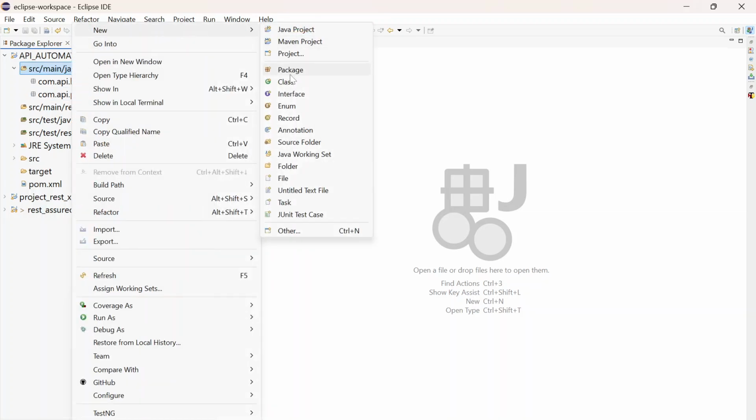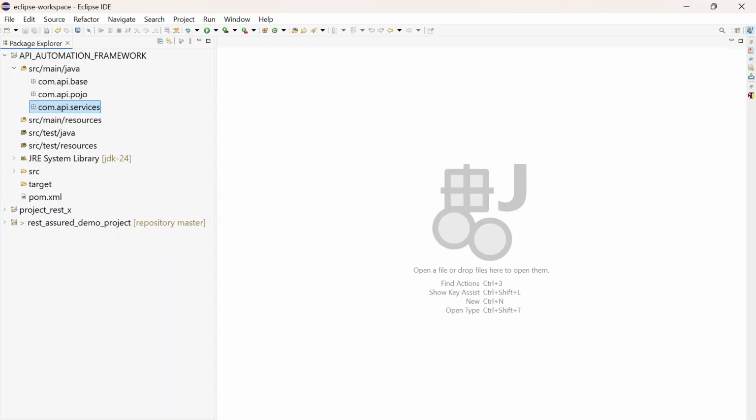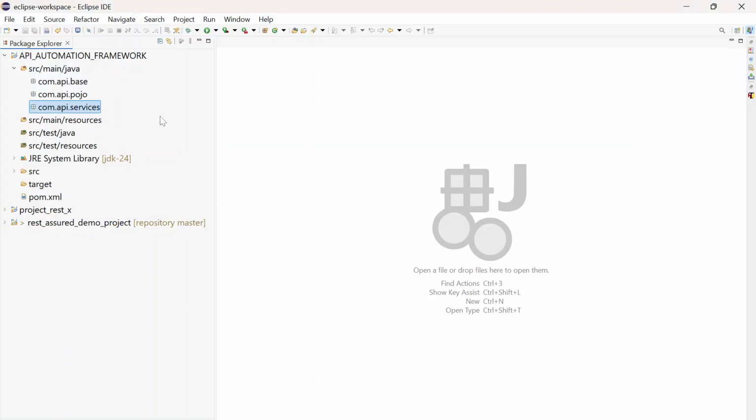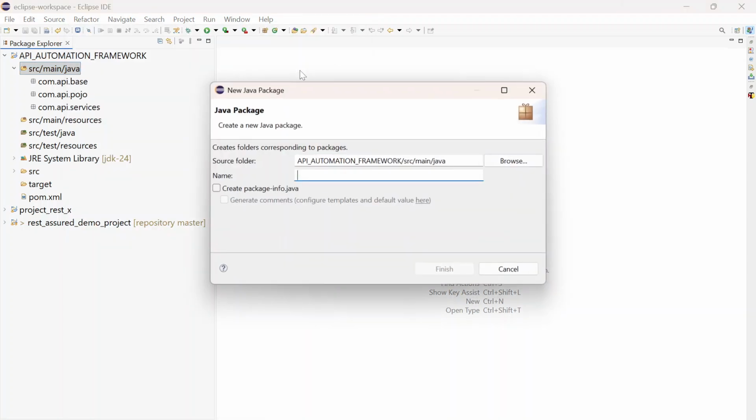One more package I will create, com.api.services package. What are the other ones? So we have created services, Pojo, config we have to create, and utils. So let's create those packages as well. New package com.api.utils package,